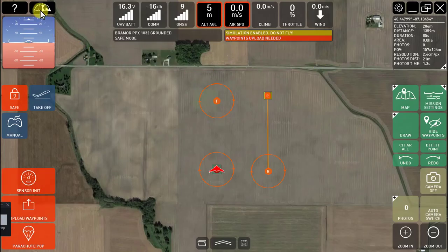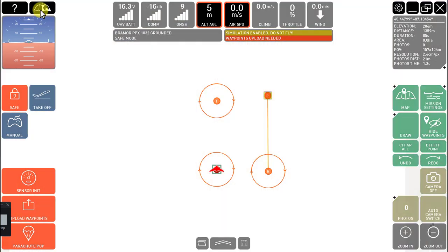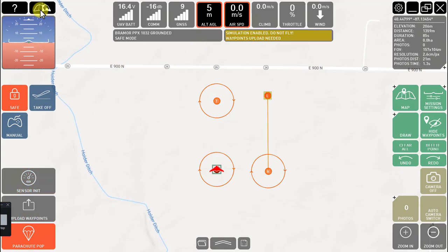Next is a map source icon that you see on the left. This is a quick way to change between two maps that you set. When I click on this, you will see a different map. To enhance your awareness of your mission plan, you may want to switch to a different map other than the two that you're provided. To do this, you go to the right corner of your screen and click on the